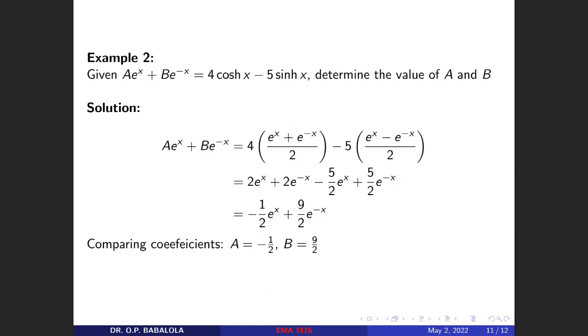Okay, so we want to look at another example, which we want to see: determine the value of A and B in this case. It's similar to what I've done, but here, since we have been given values for h,